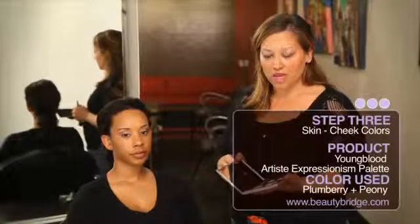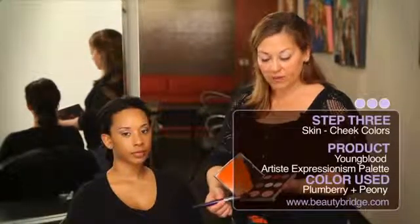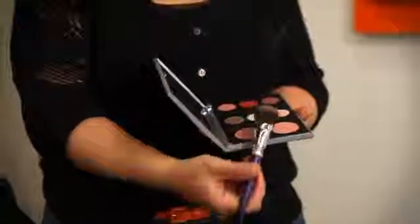Step 3 in our holiday-inspired tutorial, we'll be using cheek color. From the Youngblood palette, there are 2 different colors. One is a rosy mauve, and one is a subtle baby pink. Let's mix them both together. On a wide fluffy brush, tapping off any excess, give me a big smile, and start on the apple of